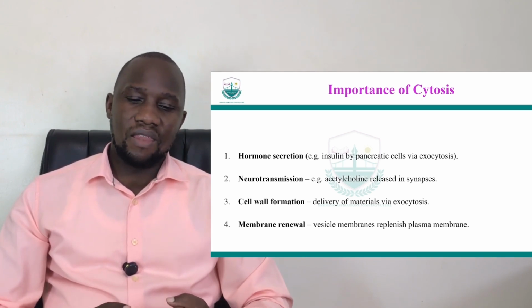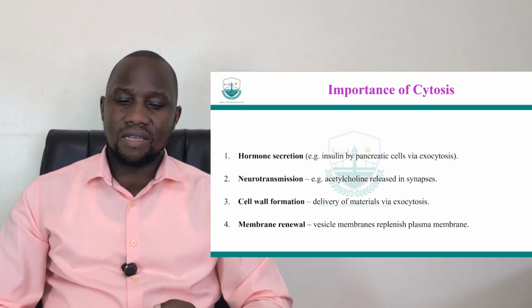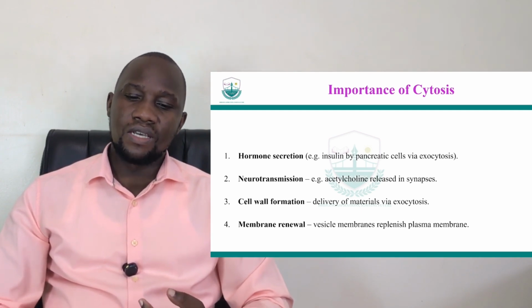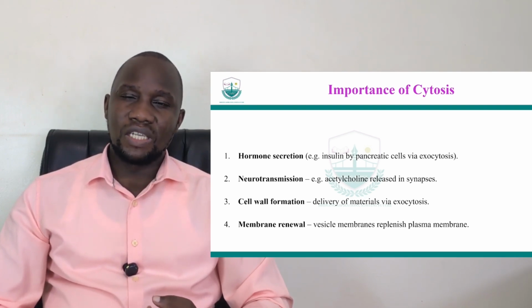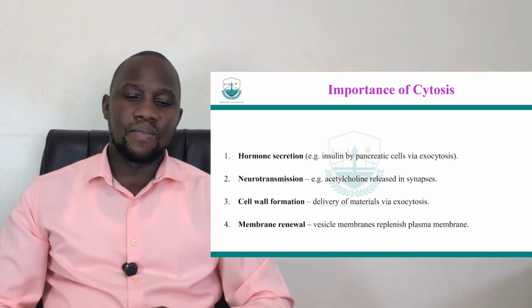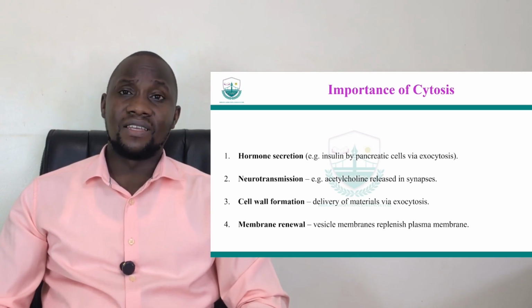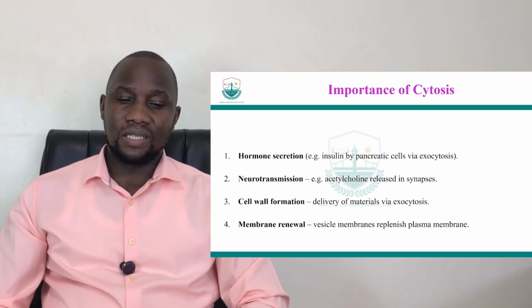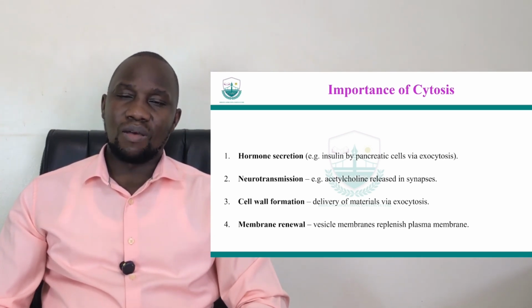Okay, and then formation of the cell wall also through this process, especially exocytosis. And then also the release of the acetylcholine, which is a neurotransmitter, is also through exocytosis. And then the same thing happens with secretion of hormones. So many important things are released by cells through exocytosis. So we're talking about hormones, we're talking about neurotransmitters, and then we're talking about